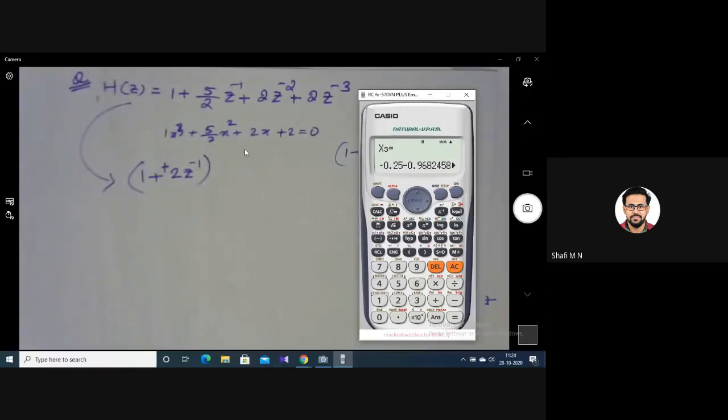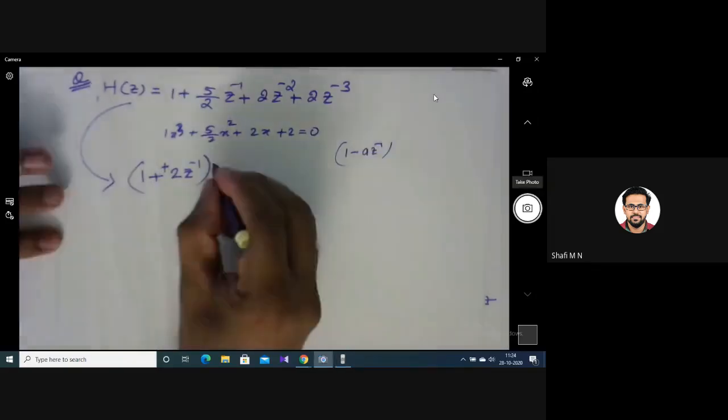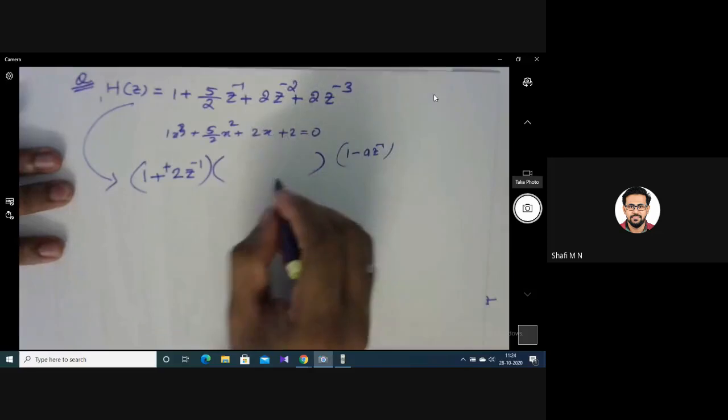So since the other two solutions are complex numbers, I am keeping it as such. That means I have a real solution with me. Now can you tell me what will be the second transfer function? Its degree will be,